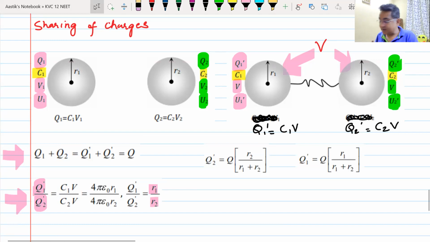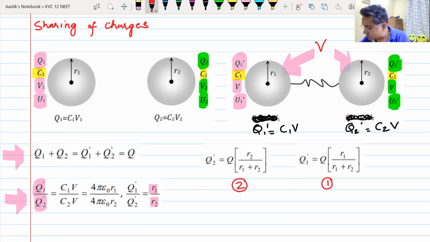I will give you all the possible iterations. So you can see, formula number 1 is the formula of Q1 dash in terms of Q. This is the formula of Q2 dash in terms of Q. What is Q here? Q is the total charge here. Do we understand this? So you can remember this formula,